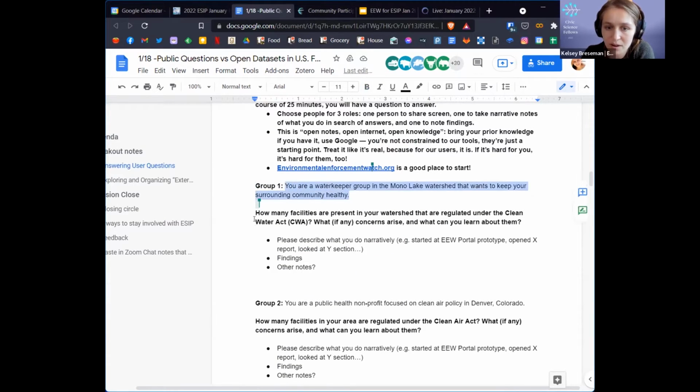If you're in breakout group 1, you get group 1. This says who you are. This is the question you're trying to answer. And what you'll notice is there's these 3 different sections here. And this is going to be quite familiar for summer session folks. But basically, there's going to be 3 parts.